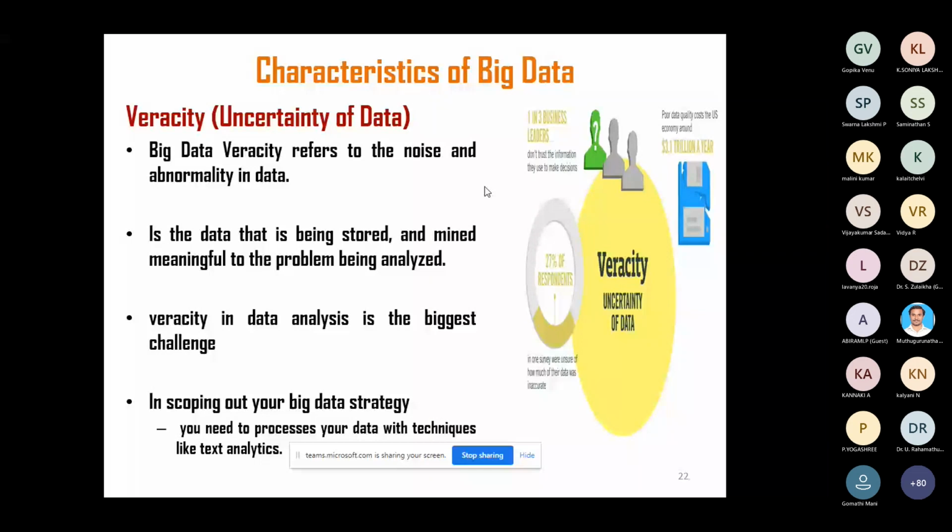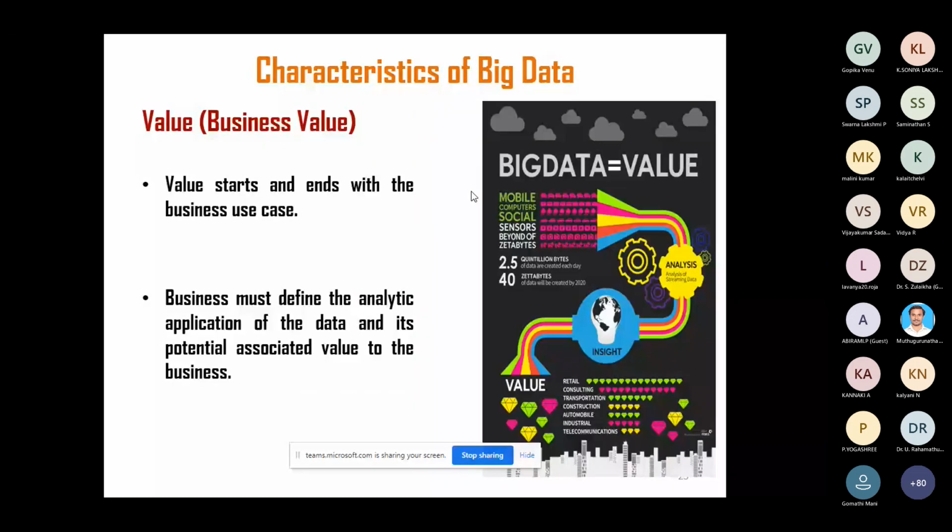Coming to the next and most important characteristic in big data, which is value. When you consider any business, it always starts and ends with the business use cases. So value is one of the components being taken into consideration in big data nowadays, for which companies may incorporate several analyses where they apply various statistical models and perform some analysis. On that basis, a company running a business can take some decision in time, or that helps them to generate